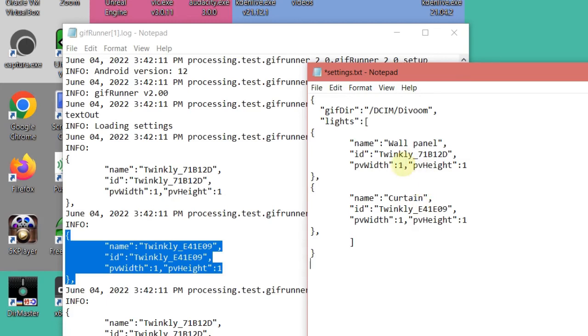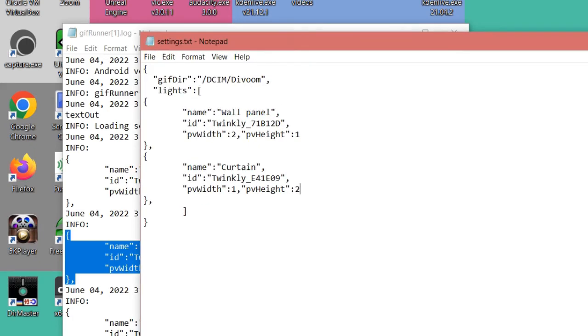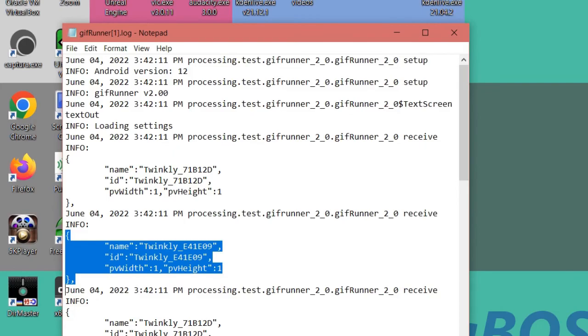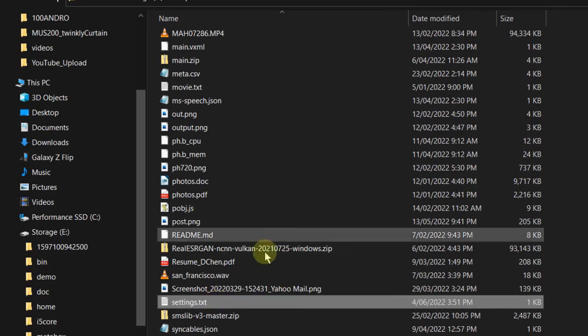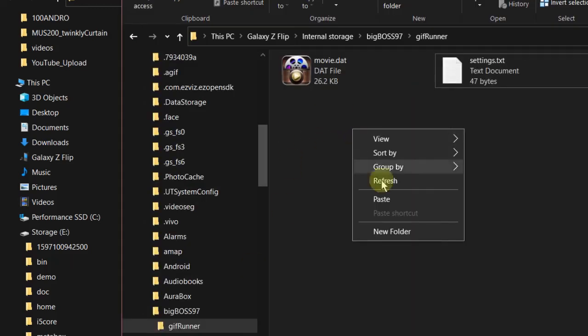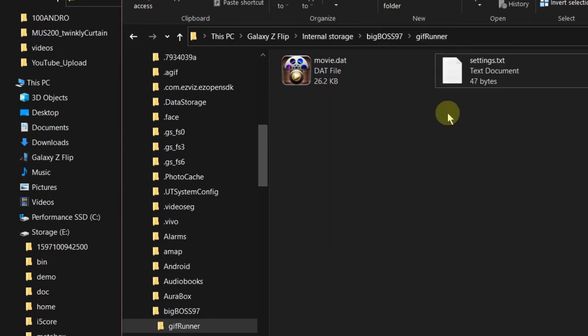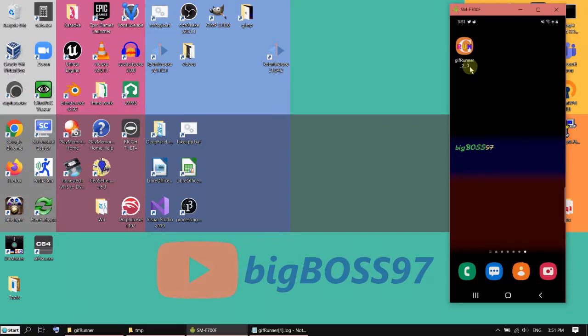My wall panel is horizontal, so I can give it an aspect ratio. Just give it 2 and 1. And my curtain is vertical. The width I could put it 1, and the height is 2. It doesn't really matter what number. It's all about the aspect ratio. Then save it. As I said, all these settings are optional. You don't need to do it to run the app. Now I copy the file back to my phone, put it under gifRunner here, override the existing one, start the app,